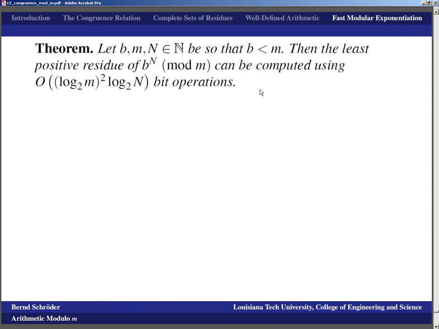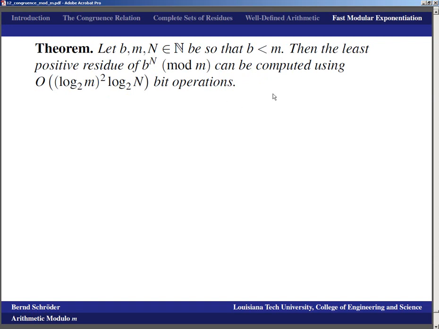And so that means we want to compute, if we have a base b, an exponent n, and a modulus m, where the base is of course smaller than the modulus. When we want to compute the least positive residue of b to the n modulo m, which would be the result of exponentiation modulo m, then this theorem says that this residue can be computed using on the order of O of (log 2 of m) squared times log 2 of n